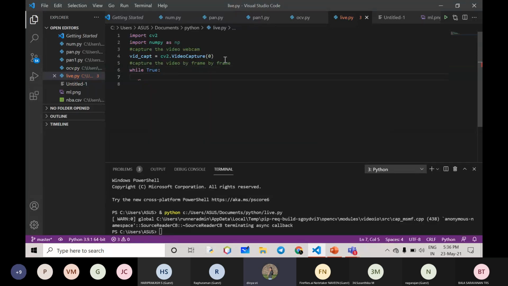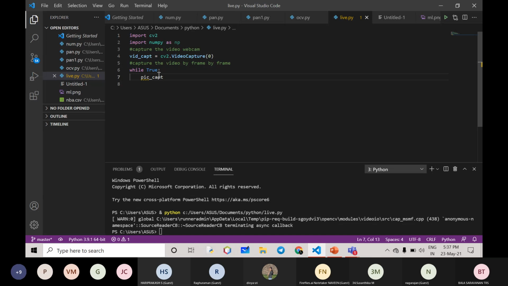What is a while loop? If you are very basic to Python, a while loop executes a block of statements only if the condition is true. Here, I'm giving the condition as True, so I'm telling the compiler to run this set of code without considering any condition. So, while True.